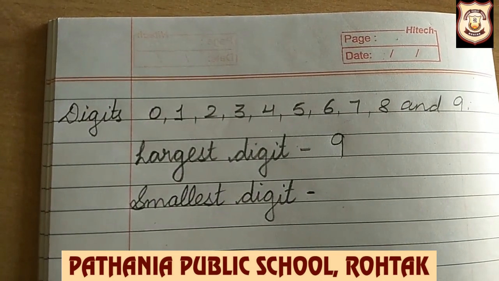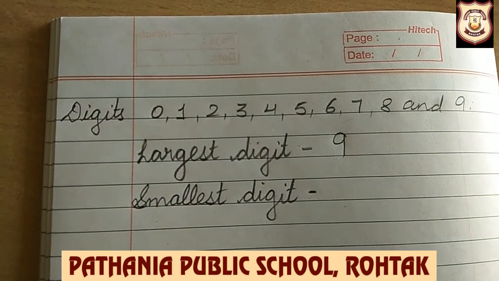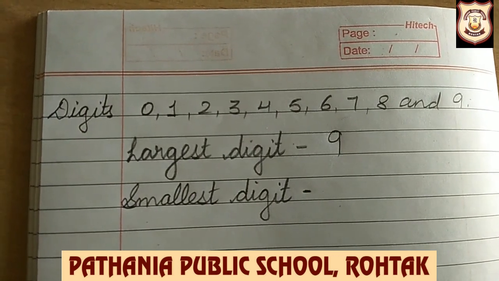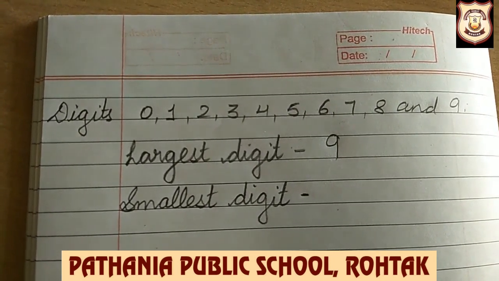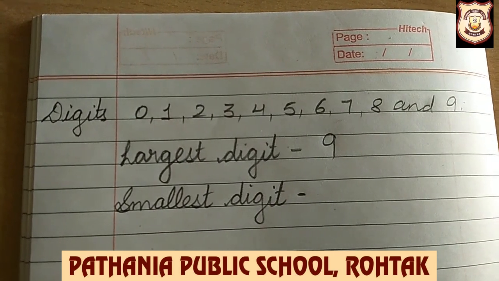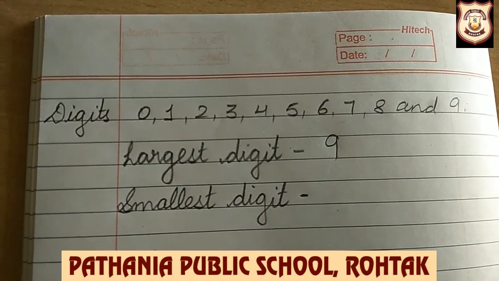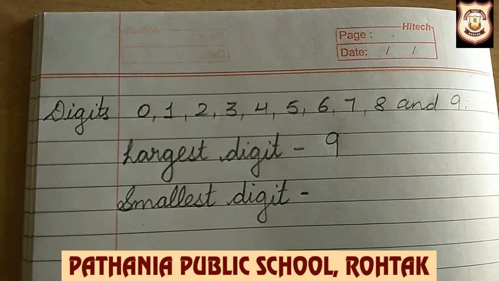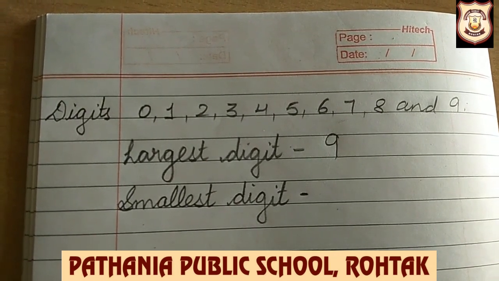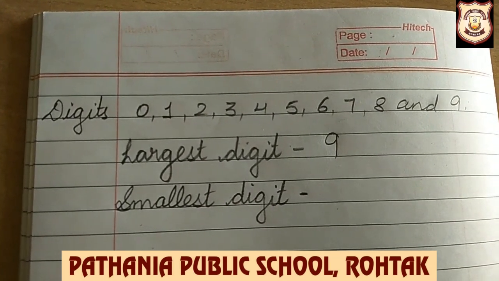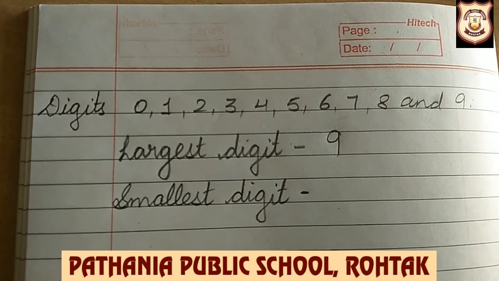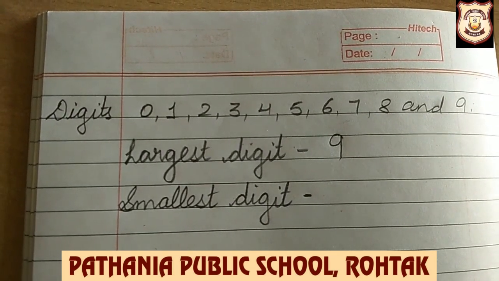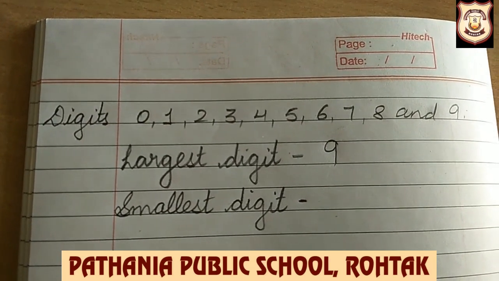Now for the smallest digit, again we are on the digits. 9 is the largest digit and yes, 0 is the smallest digit. But 0 doesn't have its own value. If it is alone, then 0 is 0. Means it doesn't have its own value. So we should never start a number with 0. While writing the numbers, we used to start